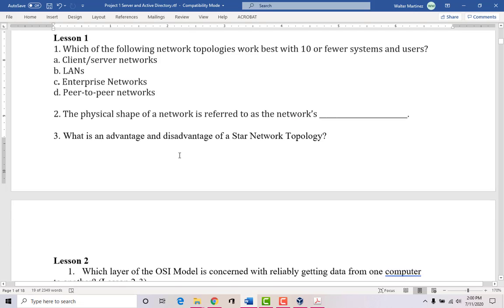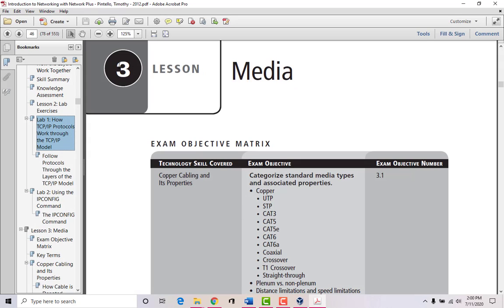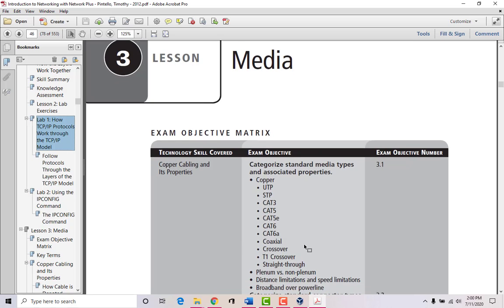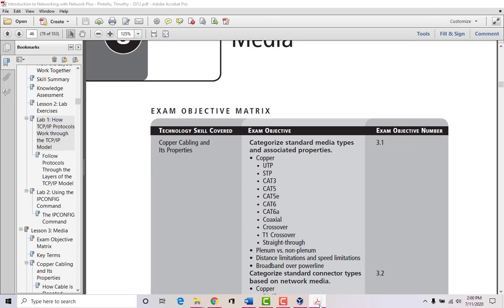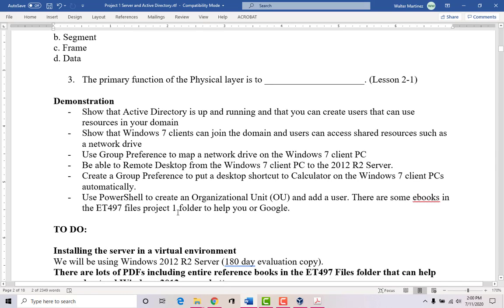The physical shape. So all of these questions should be answered through the lecture and through reading the lessons in the book, right? If you look at the book, it's based on lessons. So this is lesson number 3, for example. If you read the book, you should be able to answer these questions appropriately. Okay.